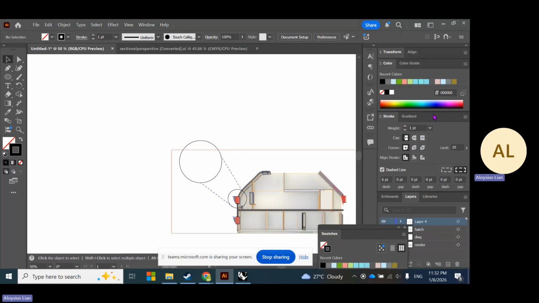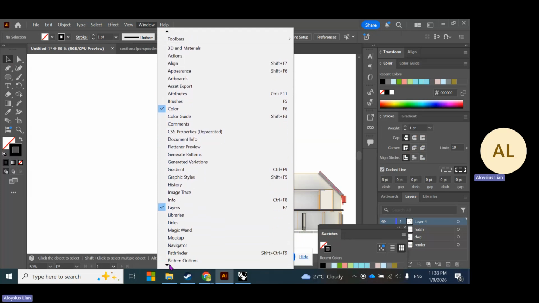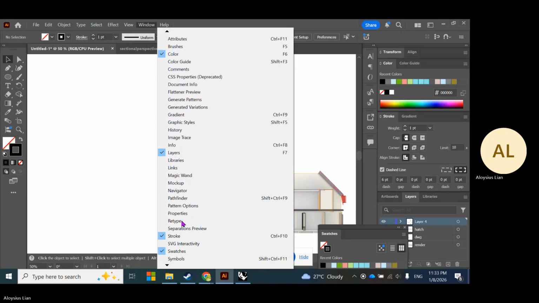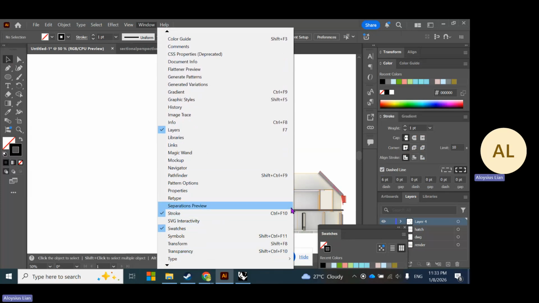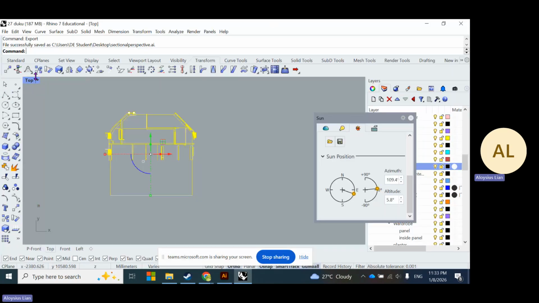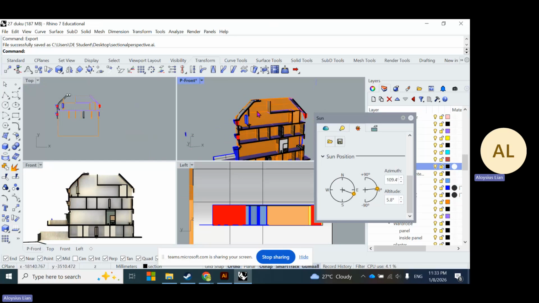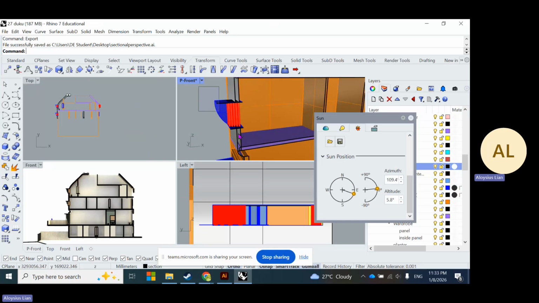So if you don't see this, you can just right click and make sure that you show the stroke, or you can go to Window and scroll down and find the stroke here. Okay, and the shortcut is Control F10. So this part, we can go back to our Rhino and you can zoom in to a particular portion. Say, for example, it doesn't really have to be the same sectional perspective. We could now take, for example, this part,